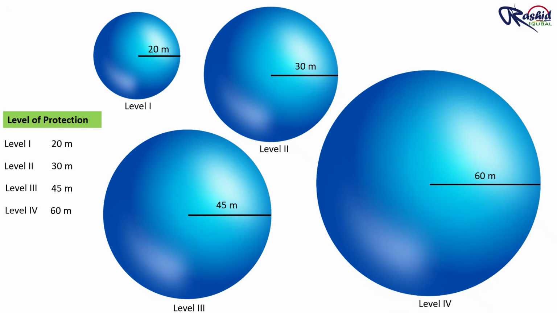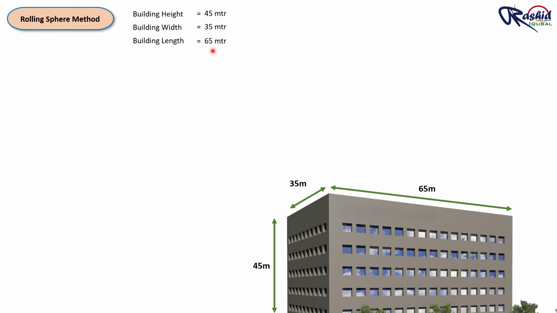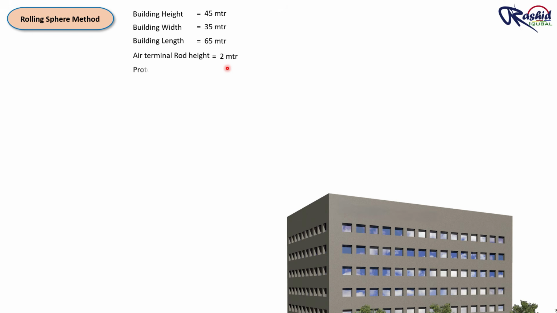Let's take one example so you can understand clearly. We have a building with this dimension. Building height is 45 meter, width is 35 meter, length 65 meter, and here I am going to install an air terminal which height is 2 meter. So in this building I am going to use level 2. This is for medium risk, and for level 2 the rolling sphere radius will be 30 meter